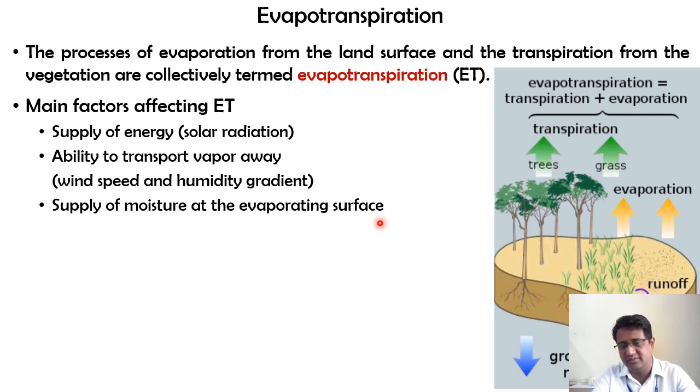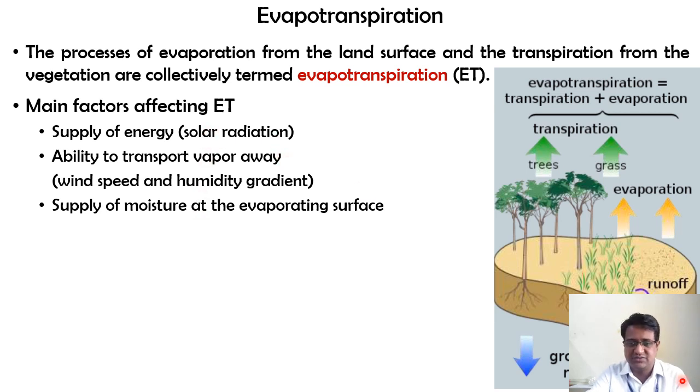So the size, shape, and properties of that particular plant are going to affect the rate of evapotranspiration. Apart from this, all the meteorological factors and all the other things that we have studied for evaporation, every aspect will come even with the evapotranspiration process also. So whenever they ask what are the factors affecting evapotranspiration, you need to write the meteorological factors which were already discussed for evaporation, plus these particular factors which are specific to the transpiration process.